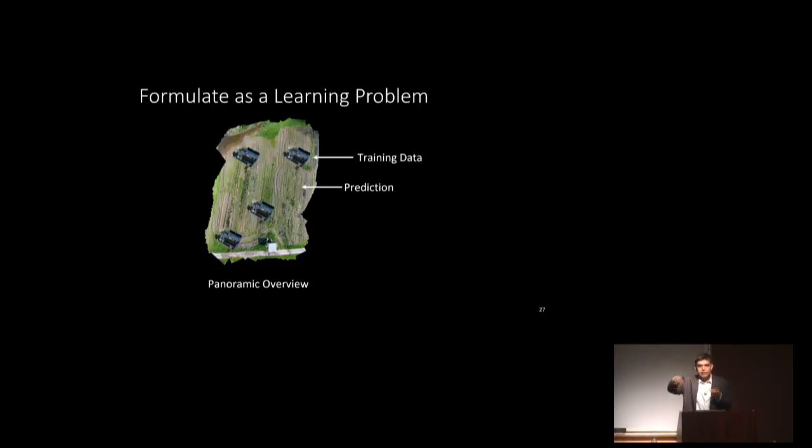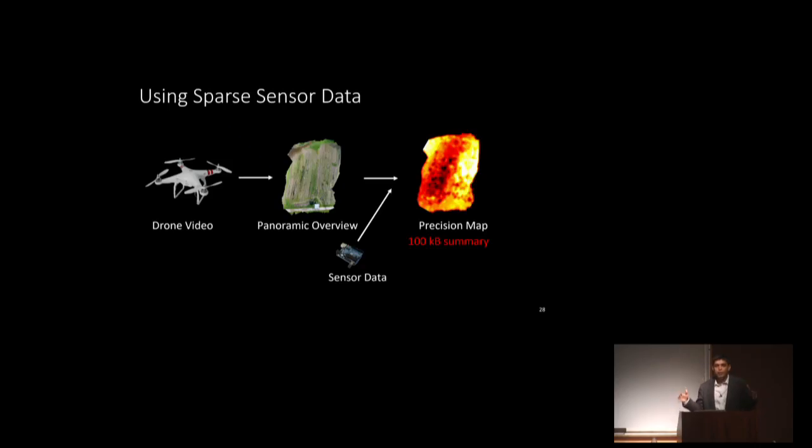Based on the sensor readings at those locations, that's providing you the training data for when you captured the data. You use that to train the model, and then you use that model to predict what these values are in other parts of the farm. Now, of course, we can improve the predictions, and this is something we'd love to get feedback on, how do you improve it. But this is the first time we believe anyone has been able to combine imagery from drones with sensors to